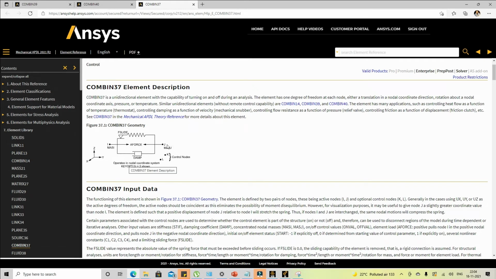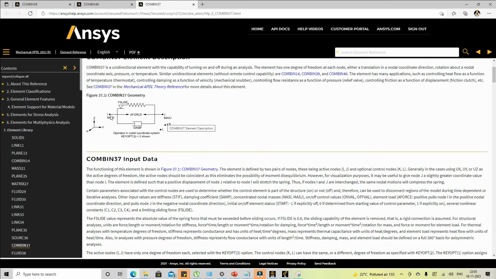It has the ith node, jth node, and k and l are the control nodes. So if we define this element using the E command, it is actually not a 2 node element, but a 4 node element. I will not define this element using some other command way. That is something we will discuss when we have a dedicated video on combin 37.